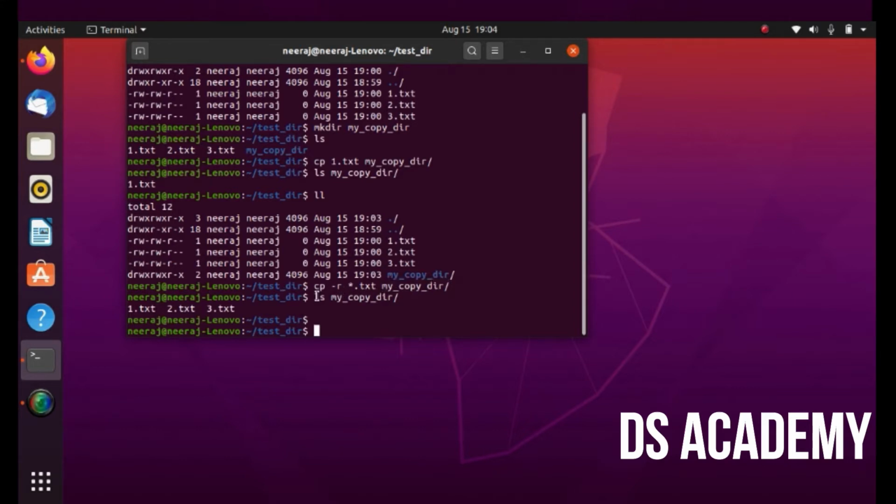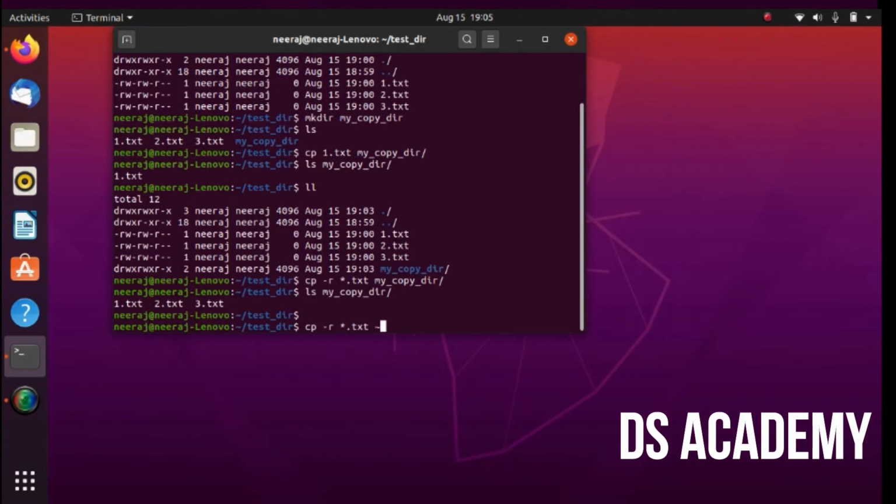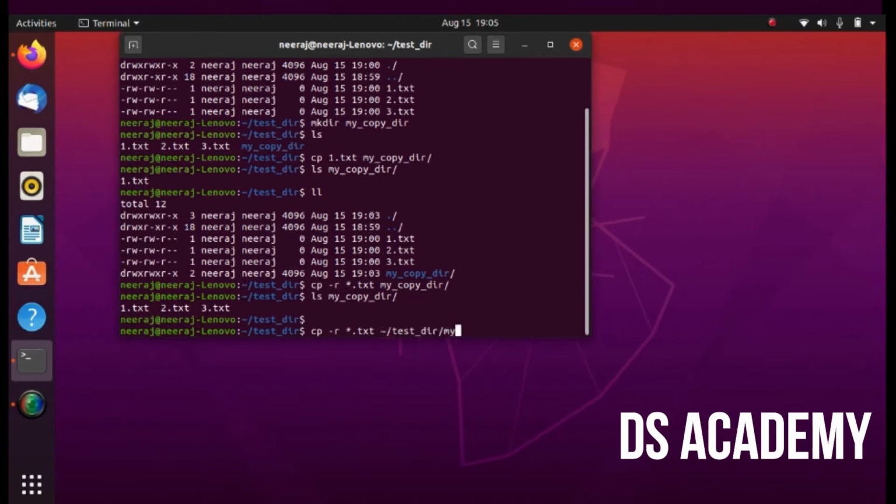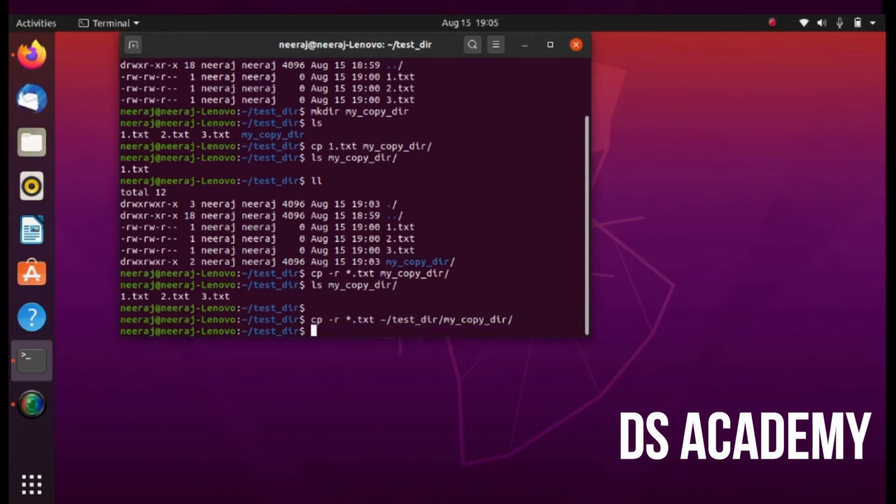So this path is relative path, that is this is going to consider from the current directory. I can also provide absolute path by doing home and test directory and one. So this is the absolute path where I am taking home as a reference. Sorry, where I am copying the content from current directory to home/test directory/my copy.